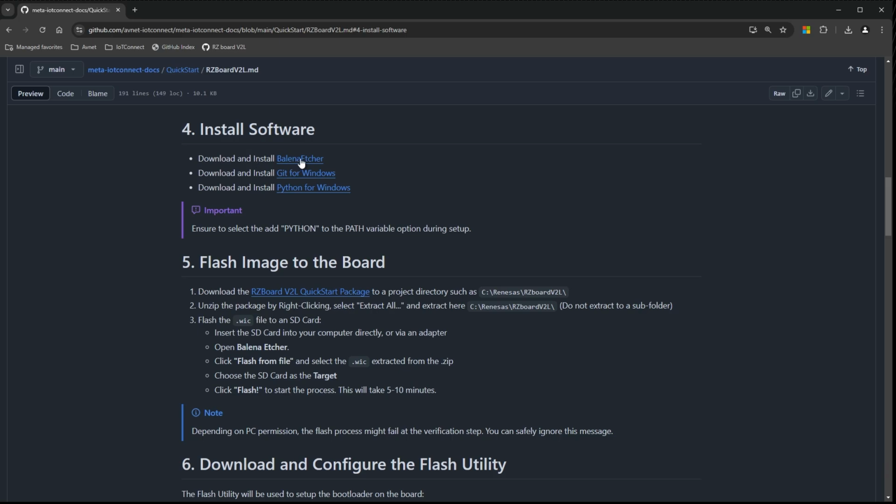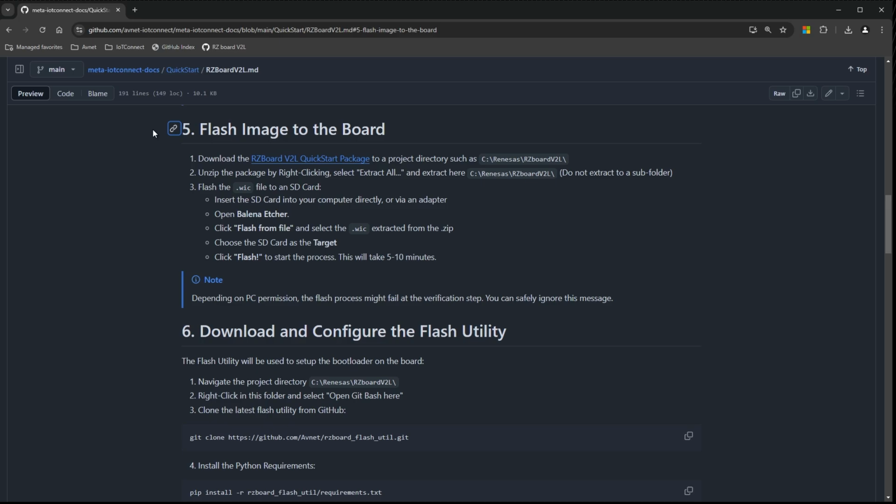So make sure you just download all these. Here's the direct links, download and install those, and then we can work on doing the first step of flashing the image to the board in step 5 here. So the first step here is going to be downloading and extracting the zip file, which is the quick start